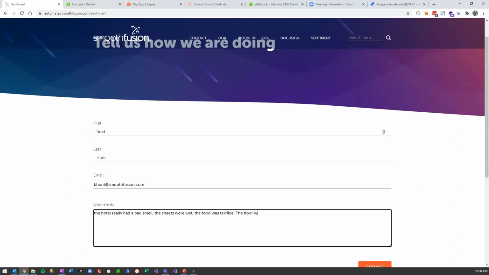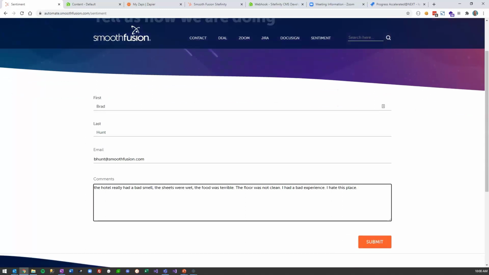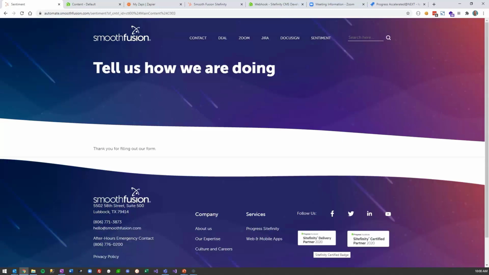The floor was not clean. I had a bad experience. I'm intentionally using a lot of negative words here. I hate this place. And so when I submit this, it's actually in the background running a Microsoft Cognitive Services